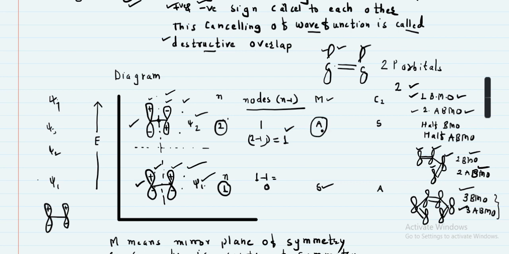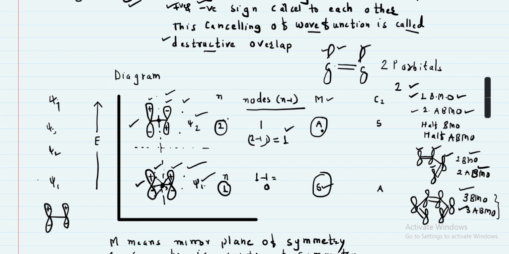It's given as asymmetric, and that is the symmetric one. C2 means the center of symmetry. Center of symmetry means there is a center, and when you move straight to this side there is a negative sign, and you move straight to the positive side. In this case, positive side, and we move straight to the negative side. When you move from the center of the lobes to the opposite sides on this line, you find that on one side there is positive and on the other side negative, therefore in this case no center of symmetry is present.